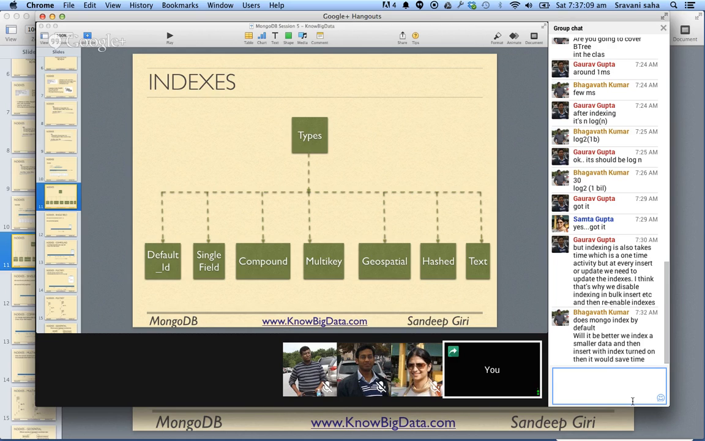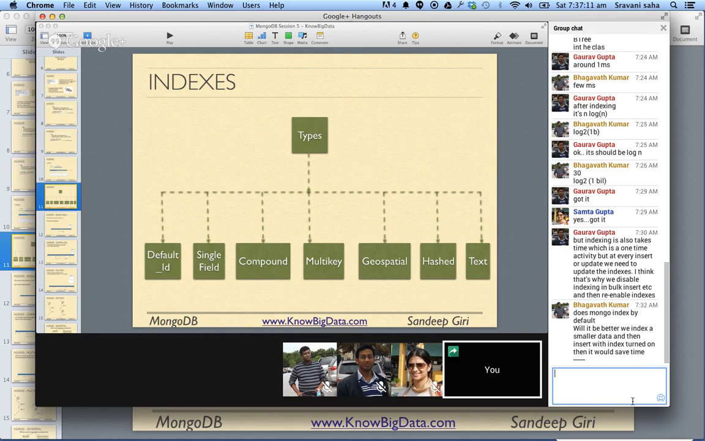Does Mongo index by default? No, Bhagwat. Because every time you are inserting something into regular data, it has to make the relocations, move the data down, and all that sort of magic. Although databases and computer science have come up with very decent data structures, still, if you try to index as you go,